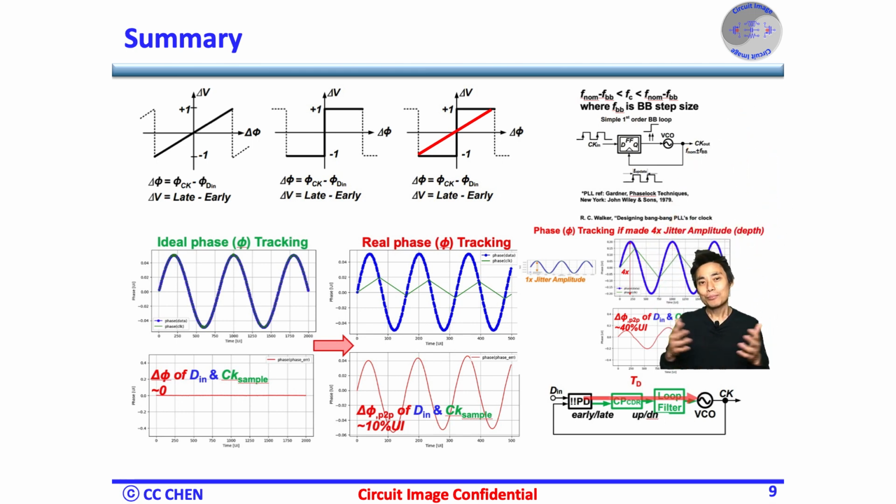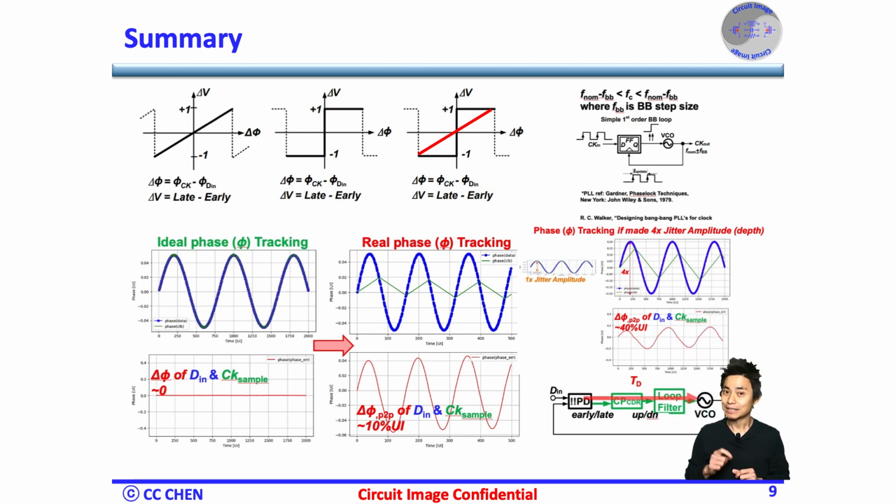Second, in some protocols, the amplitude or frequency of the input sinusoidal jitter, SJ, could be specified as big, and then we should evaluate how to enhance the bang-bang step size or the bandwidth to be big enough to track the SJ from the multi-protocol input source feasibly. Lastly, any circuit impairments such as the loop latency, input noise, clock jitter, supply noise, etc. in the bang-bang CDR would also degrade the phase tracking ability and cause a big phase error